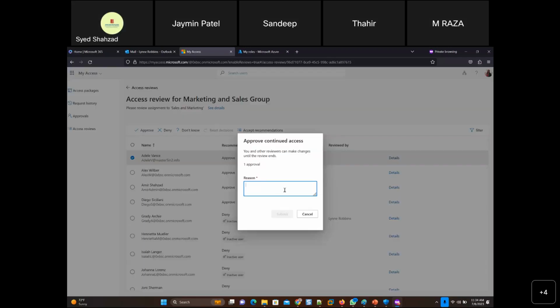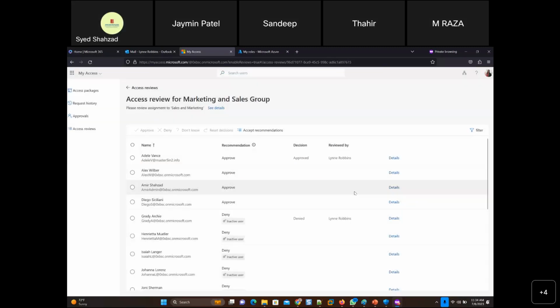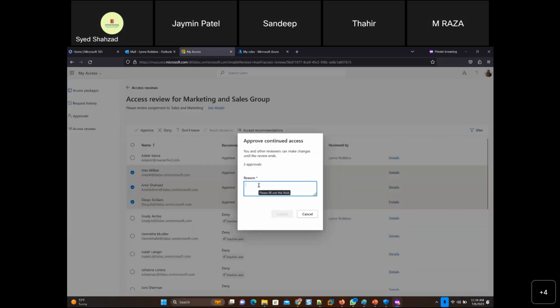And then approve, there's a reason. And that's why directors or somebody else will say, seriously, I can do that for all the users? Are you kidding me? All good. So you can just put the reason, and then you can go for all the users. You can go for 3 users in a row, approve, and all good.